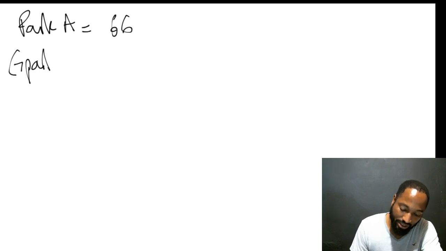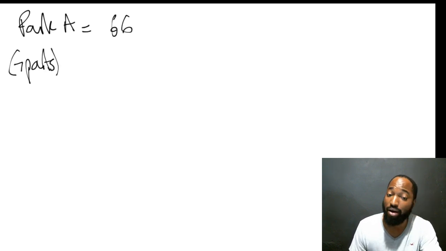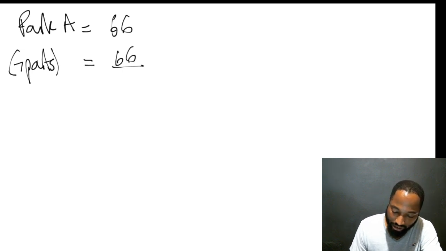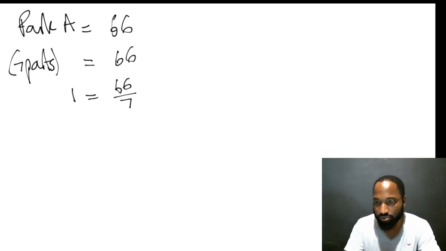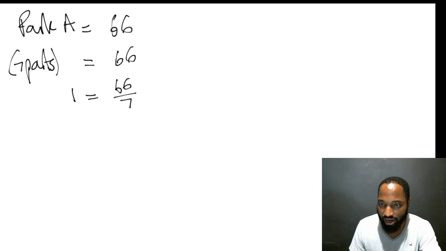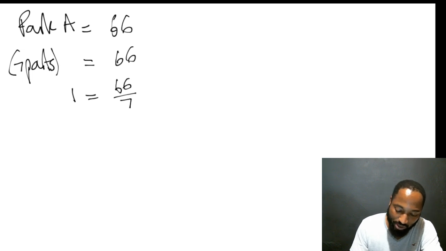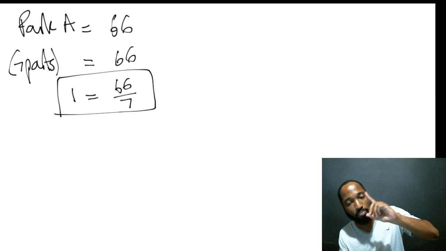You all hear me, right? 7 parts, because the rain falling real loud. 7 parts would be 66. I'm going to put dollars, but it's pigeons. So 1 part would be 66 over 7. Yes, well done, Jill. Which is going to be 9.43, but I'm not even going to put whatever it is. I'm just going to leave it like that. That is how much 1 part means.